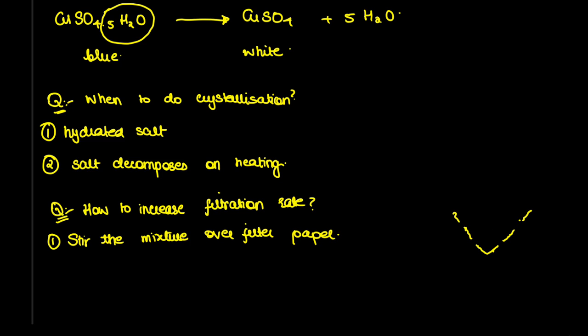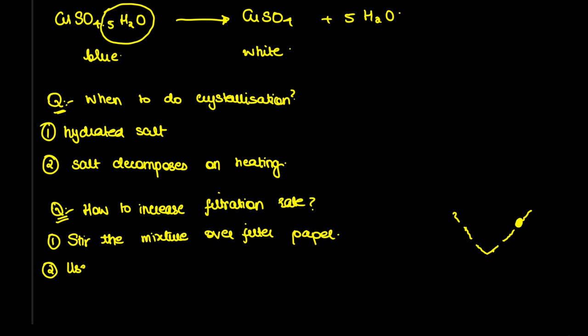Some particles may get stuck here, for example in this space. So when you stir the mixture, the particles start to flow and do not get stuck here. So it keeps the flow maintained. Now the second step,